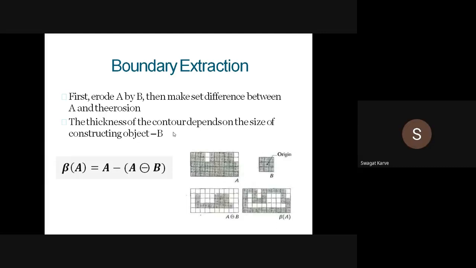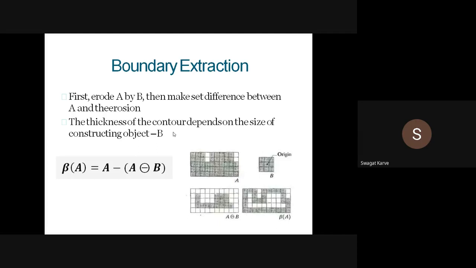With the help of the hit structuring element, which process are we carrying out, erosion or dilation? That is erosion. Very right. With the hit structuring element, we are performing erosion, and with the help of the miss structuring element, dilation we are performing.